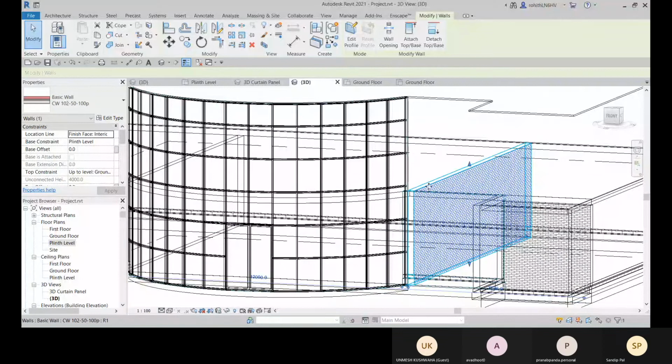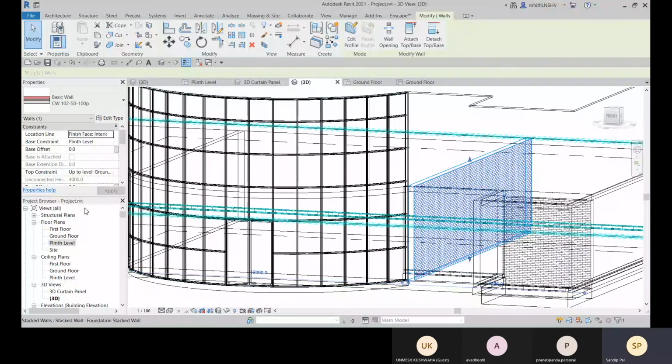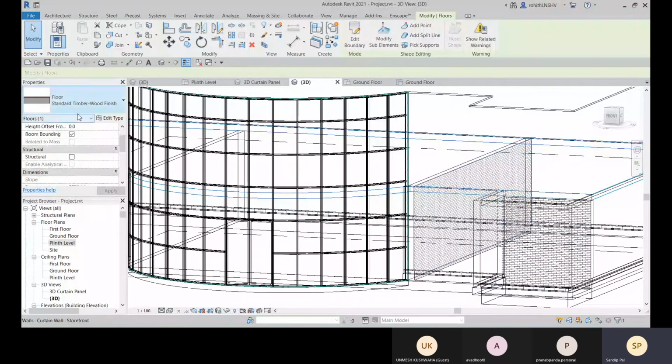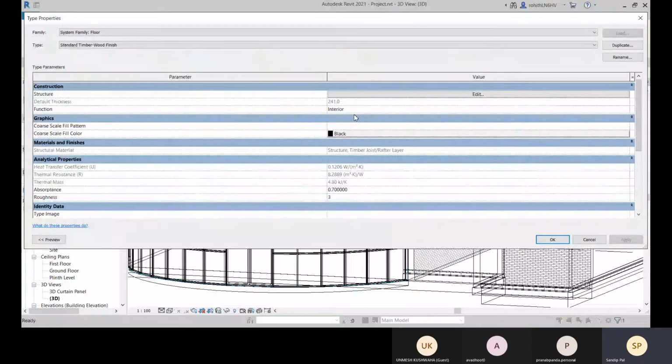So if you're connecting with the level, then provide the top offset also. What will be the top offset? The thickness of this floor, right? What is the thickness? That is 241.